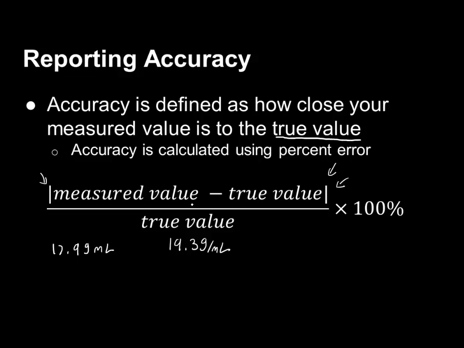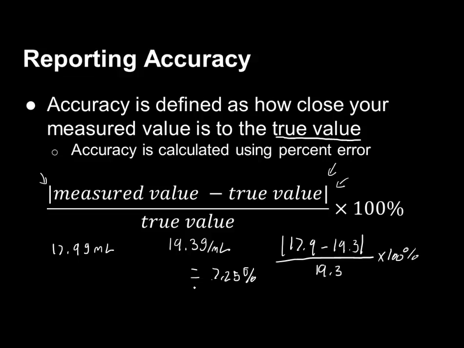So it makes it a percent difference instead of an absolute difference. If I wanted to do this one, I would take 17.9 minus 19.3, absolute value, so I don't care that it's going to turn out negative, divide it by the 19.3, the true value, and then multiply it by 100% just to make it a percent. So 17.9 minus 19.3 is 1.4, divide it by 19.3, and I get 0.0725, so multiply it by 100, and I get